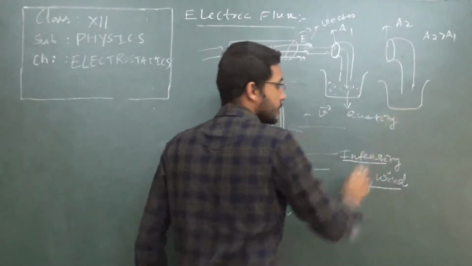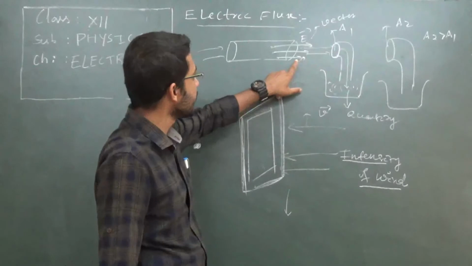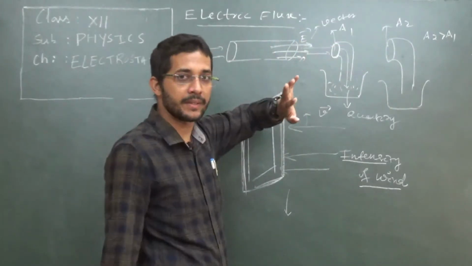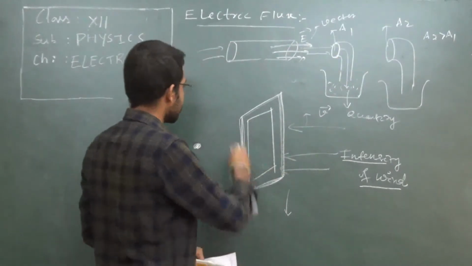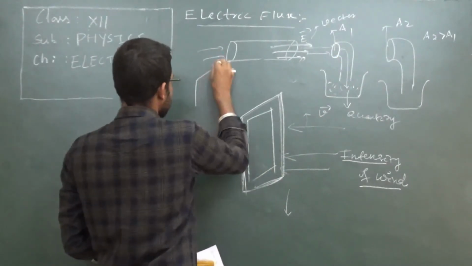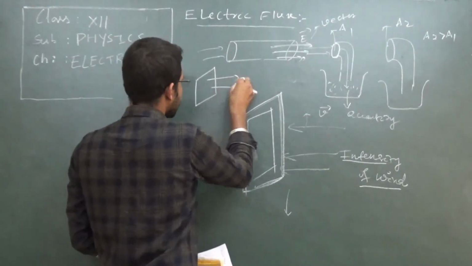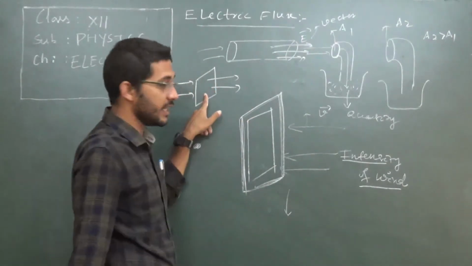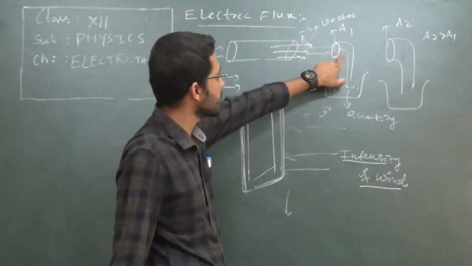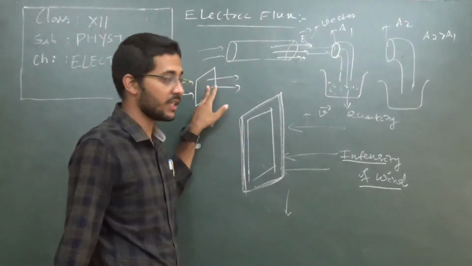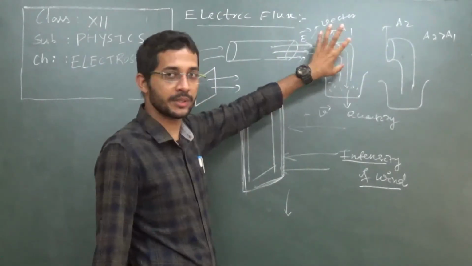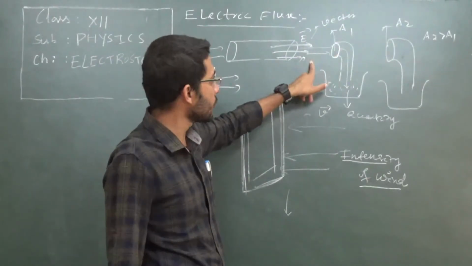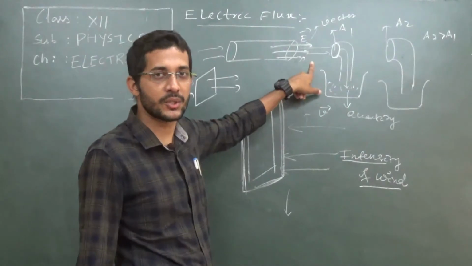So if you take a look at this and compare it with our system, the direction of water coming out from the pipe is like the electric lines of forces. Like this is the area, electric lines of forces coming out for this one, and the area which we are considering is these areas. When the area increases, the amount of water passing through it starts to increase. The same way, when the area of the region increases, automatically more lines of forces are going to pass through it.